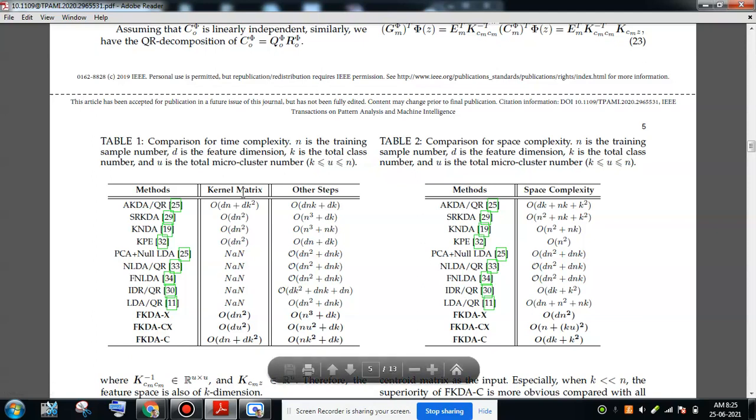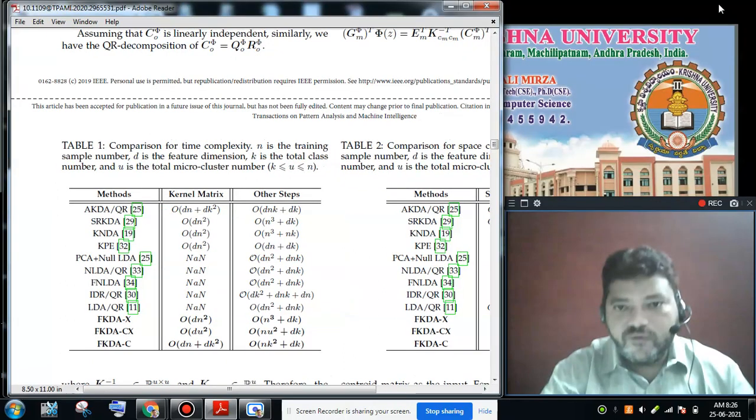How they work in terms of time complexity and space complexity. They are claiming that their algorithms perform better on both time complexity and space complexity. Okay, so then going forward,